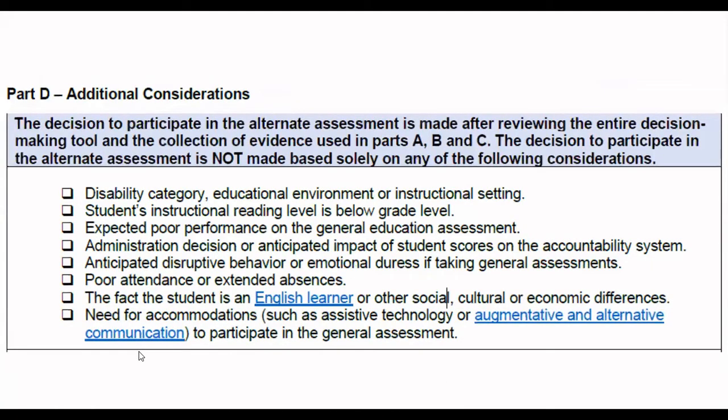Okay, part D is additional considerations. The decision to participate in alternate assessment is made after reviewing the entire decision-making tool and the collection of evidence used in parts A, B, and C, which were just discussed. The decision to participate in alternate assessment is not made based solely on the following considerations: not disability category or the educational environment or instructional setting, the student's reading level being below grade level, expected poor performance on the general ed assessment,